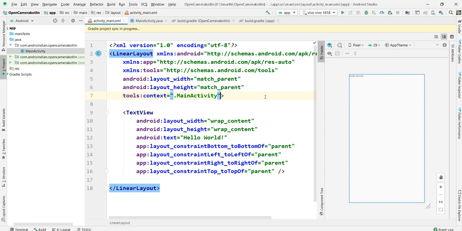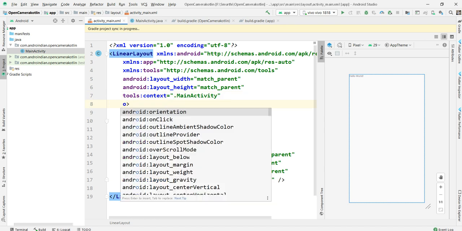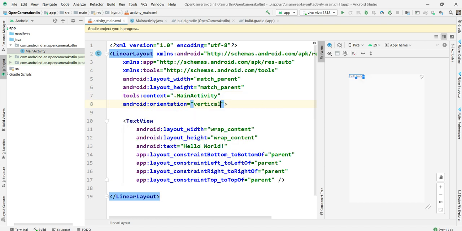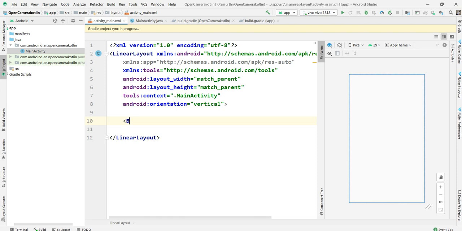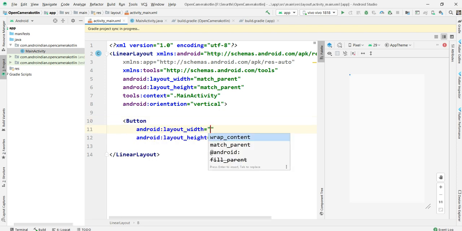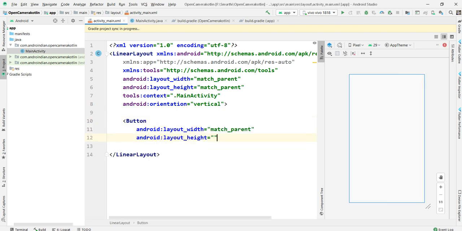When you click on that button, we'll write how the camera is opened. Vertical, I don't want this. Instead, I'm taking one button with match parent and wrap content.